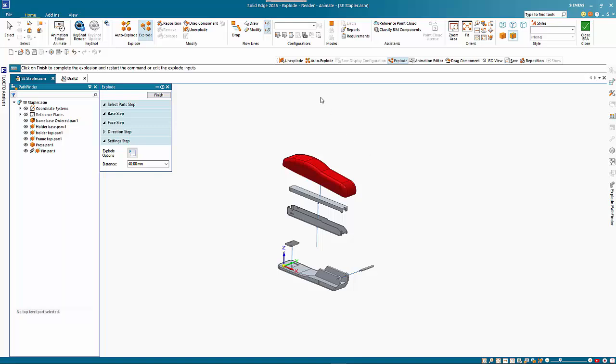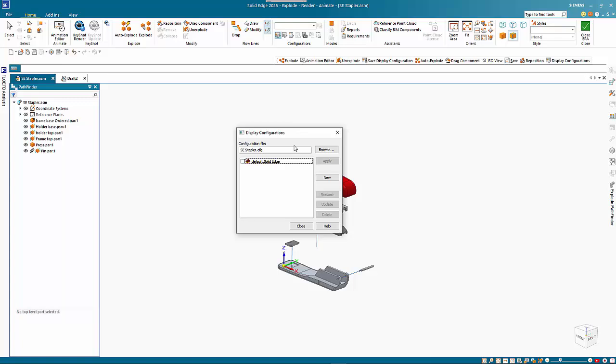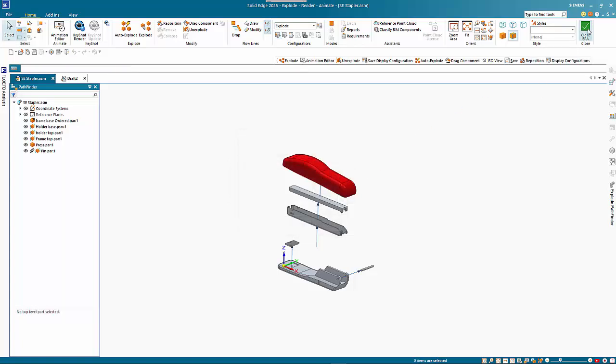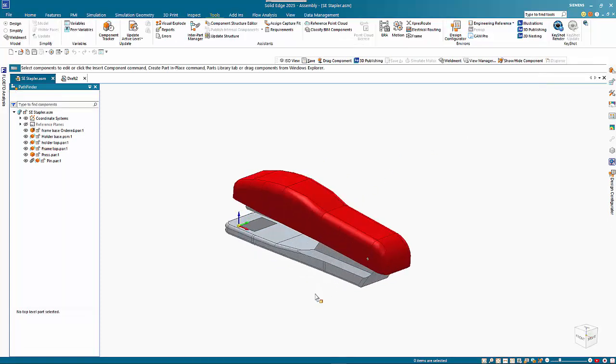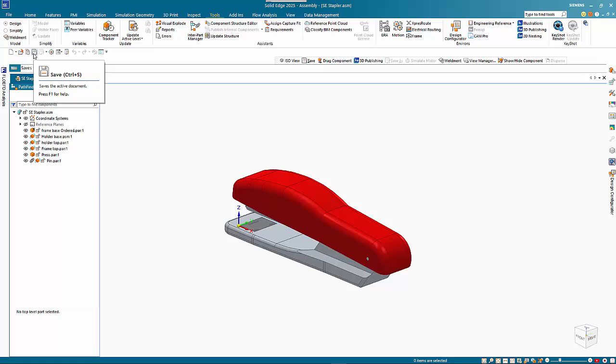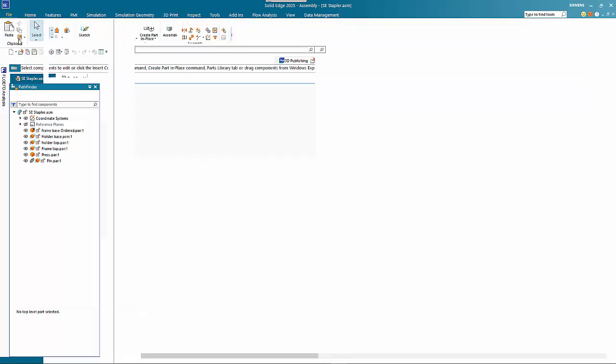To be able to use that in the draft file, we need to create an exploded view configuration. So if we click in here, we've got the standard one, which is the main assembly. We can create a new one, and we'll call this purely explode. Go OK and close. And then we close out of the explode, render and animate. We come back to our assembly, and we need to save this before we can move on. So now that we have saved this, we can go and